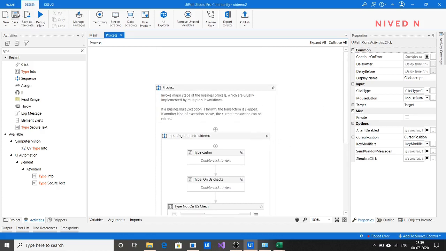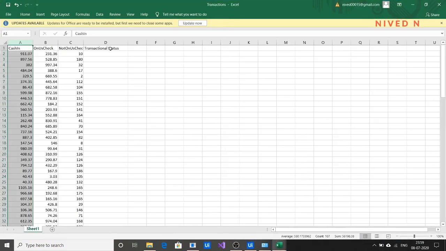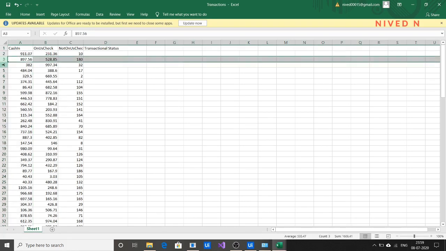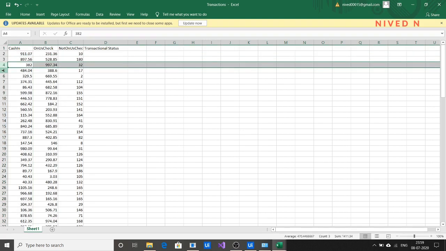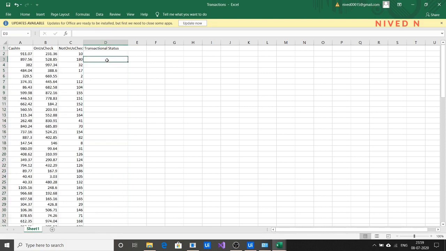Okay, so next is, I told you that I have added an extra column, transaction status. The use of this is to check whether each transaction has occurred successfully or not. We have seen the transaction status in the case of queues. You know that in queues we have to check whether each transaction has undergone successfully, or it has failed due to business exception, or it has failed due to system exception, and so on. Similarly, to check whether my transaction has occurred successfully or not, I can use a transaction item. You will type whether success, fail, the reason.